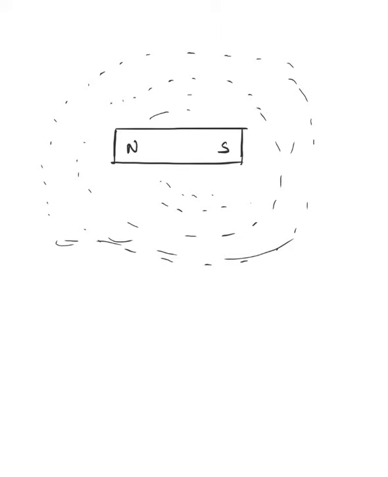All your iron filings now, they will arrange themselves in some pattern. And that pattern is something like this, what I'm drawing out here. I'm drawing the lines only directly. Now, very important thing, remember, magnetic field lines start from north to south. They always start from north and they end with south.